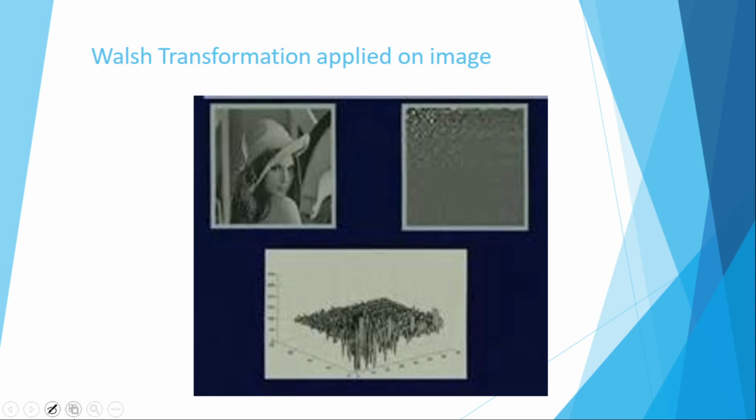So if I apply this Walsh transformation to an image, if you observe over here, in this the lady picture I have taken for MATLAB. I am doing the analysis in MATLAB using the Walsh transformation in order to convert from the time domain to the frequency domain. So I am plotting the histogram in this. If you observe the histogram, the origin has more values, and further moving on, the values are going to decrease.